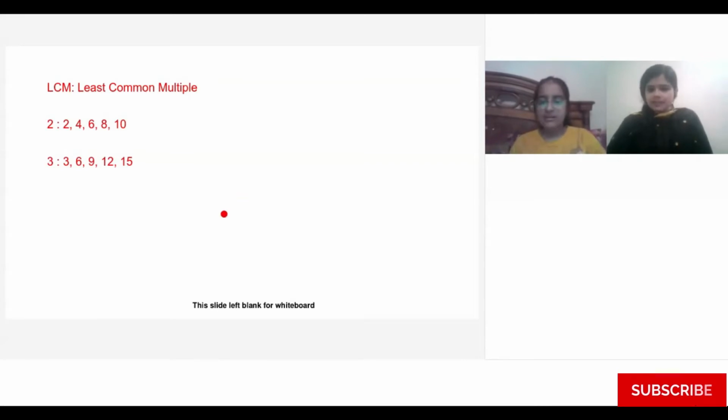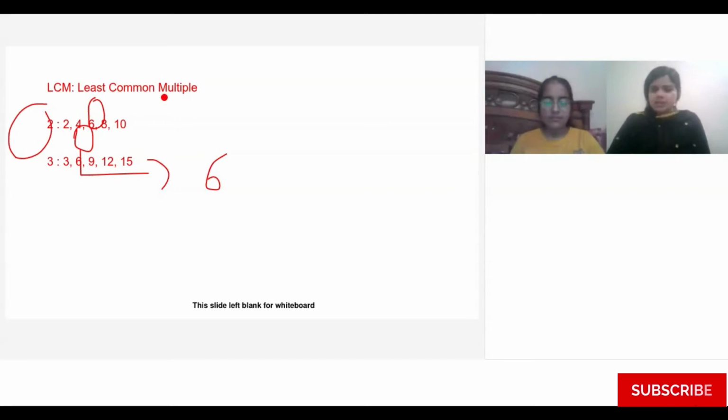We'll see what is the lowest number that is coming as common in both the tables. Over here, we are seeing that 6 is the lowest number which is common in these two tables. That's why if we are taking 2 and 3 into consideration, the least common multiple, the LCM of 2 and 3 will be 6. Okay? This is the concept of least common multiple, that is LCM. Now the question is, how will we make our project? Because anyway we want to incorporate this concept in your project.